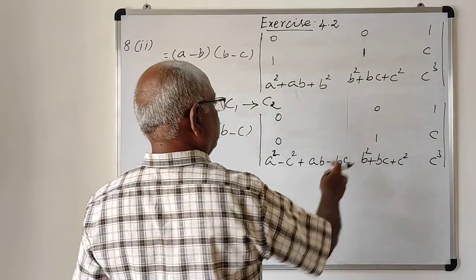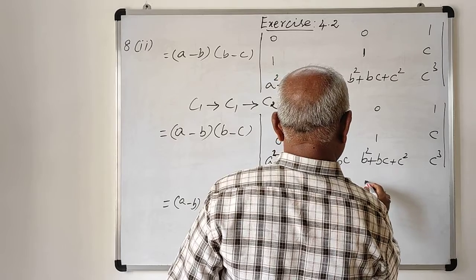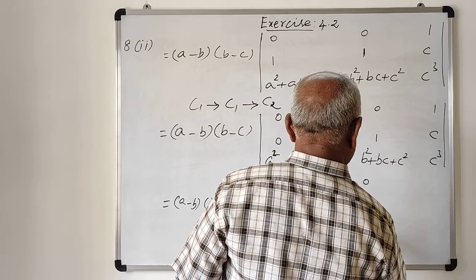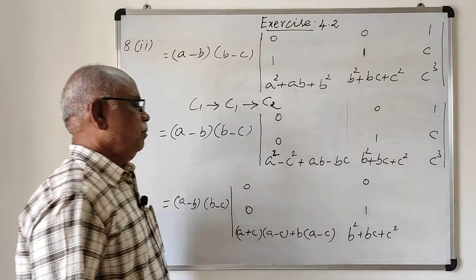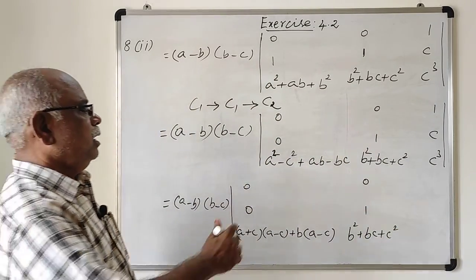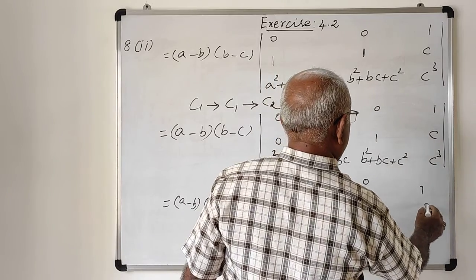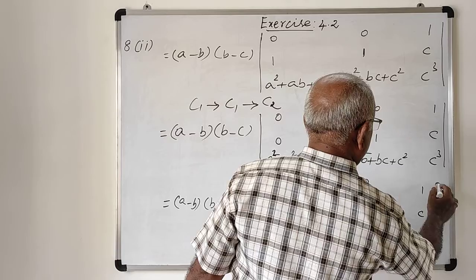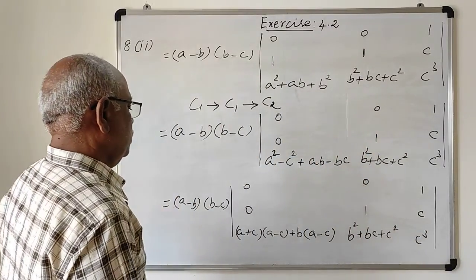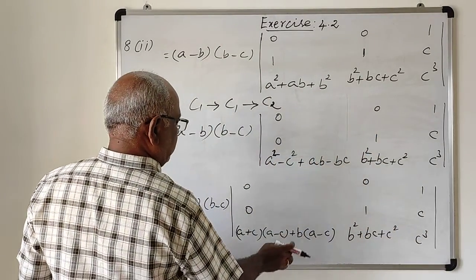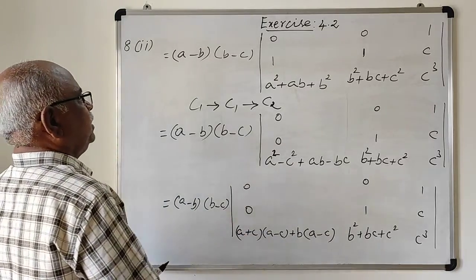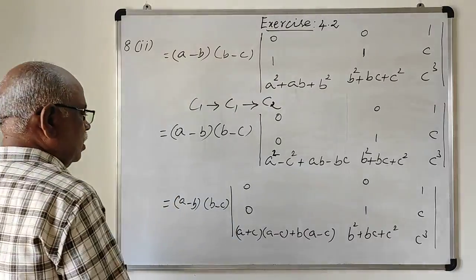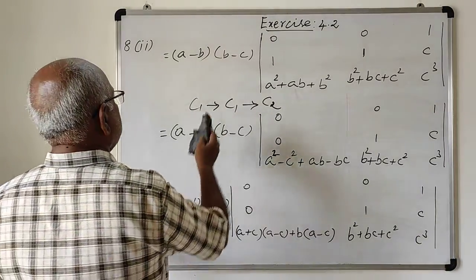Second column 0 1 b square plus bc plus c square, b square plus bc plus c square, and third column is 1 c c cube. Here also I am taking a minus c common from the first column. Next step, I am going to take a minus c from the first column. I am taking out. I get